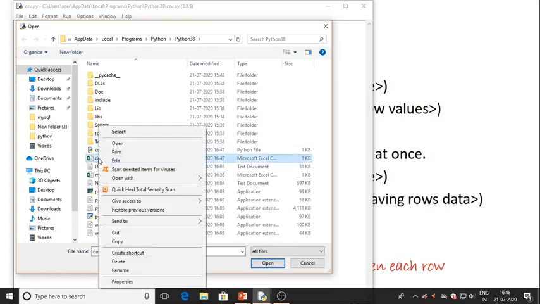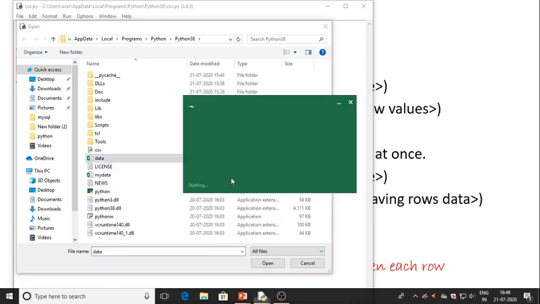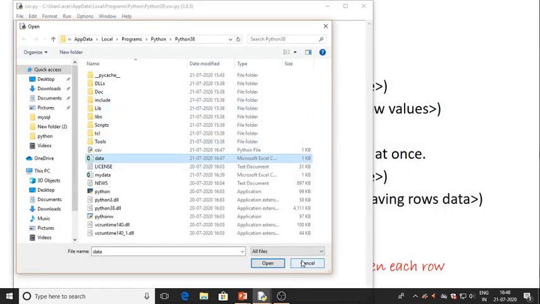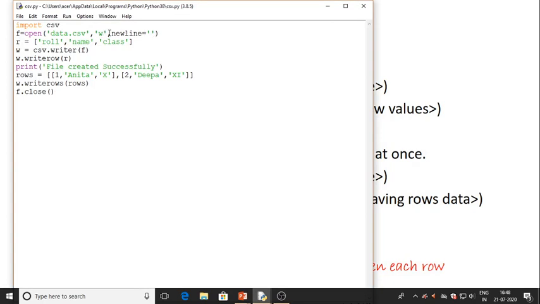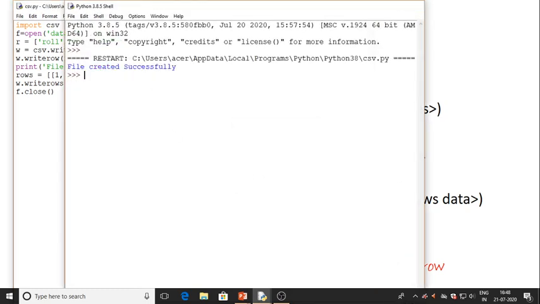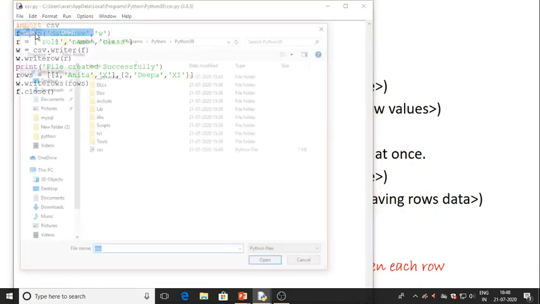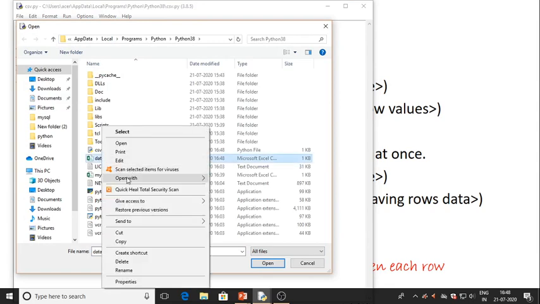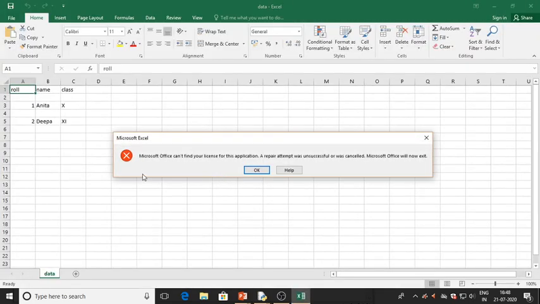Sorry, open with Excel. ठीक है. सो यहाँ पे आपने देख लिया कोई भी न्यू लाइन मेरी नहीं आई है, कोई भी ब्लैंक लाइन नहीं आई है किसी भी रो के बीच में. अगर मैं ये न्यू लाइन नहीं सेट करती हूँ तो क्या होगा, आपने टेक्स्ट फाइल में तो देख ही लिया क्या हुआ था, ब्लैंक लाइंस आ गई थी. अगर मैं उसको एक्सेल फाइल में भी ओपन करती हूँ तो मेरे को ब्लैंक रोज मिलेंगी. ठीक है, ये देखो यहाँ पर ब्लैंक रोज आ रहे.